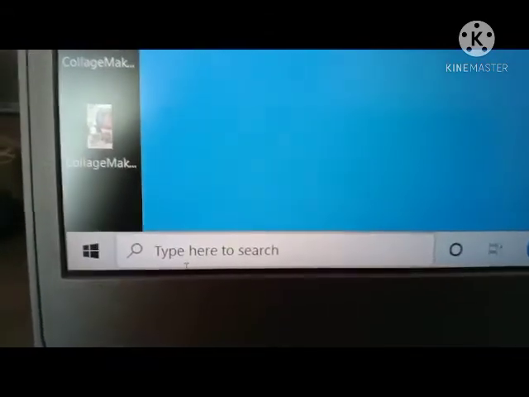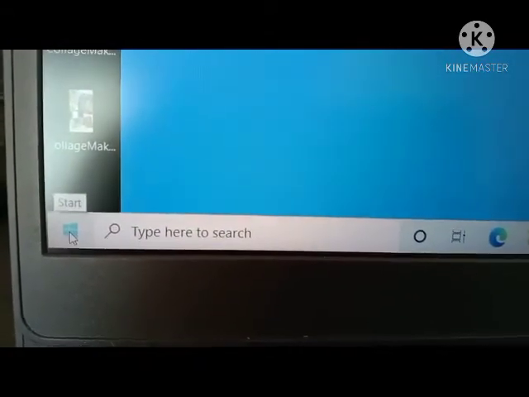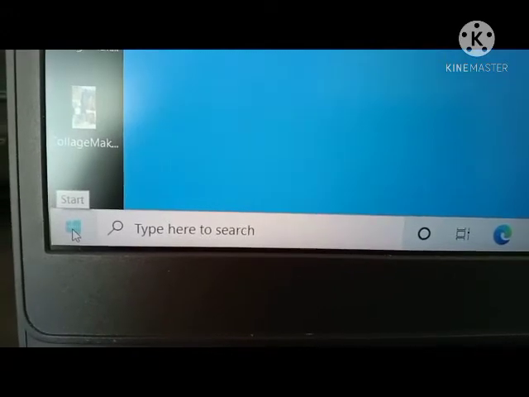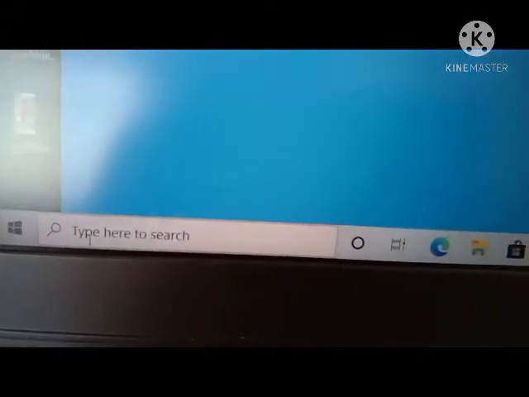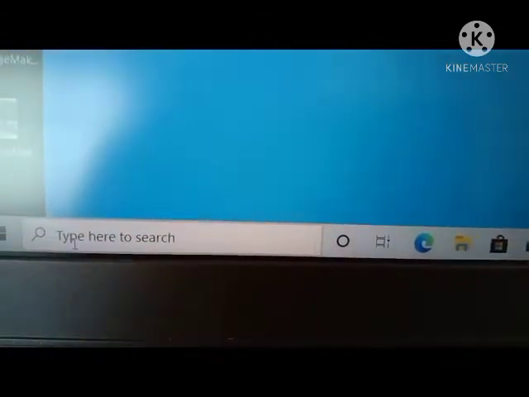Here you can see in the left side of taskbar start button is found and this is the Cortana where you can search anything by using your voice. And these are the shortcut applications that are installed in our computer system.